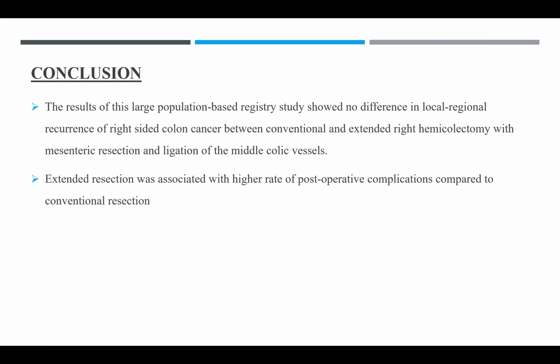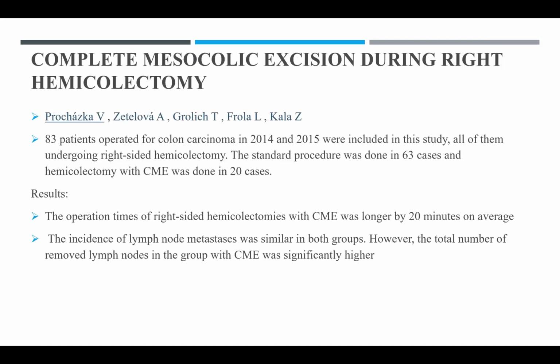Praveen, do you have any data to show us from any other papers in the literature? Yes, sir. A paper by Prozynska, which was based on complete mesocolic excision during right hemicolectomy. 83 patients were included, out of which 63 had a standard procedure and 20 had undergone hemicolectomy with the complete mesocolic excision. The operation time of right-sided hemicolectomies with complete mesocolic excision was longer by 20 minutes